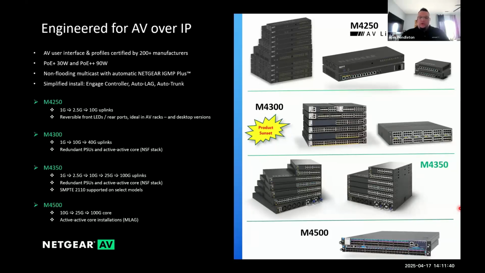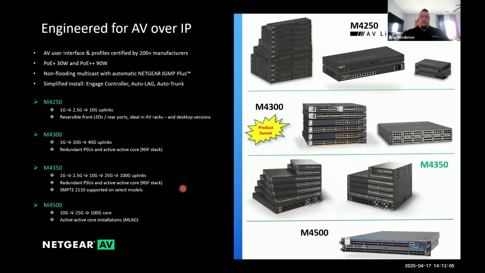They also had some scenarios that didn't necessarily help AV installations. So moving on from them to the M4350s was a logical progression. And that's what you have in the M4350s. You now have 100 gig uplinks rather than 40 in the M4300s, bigger core status, plus Grandmaster and boundary clock capable switches in that field for our SMPTE 2110 and broadcast partners.